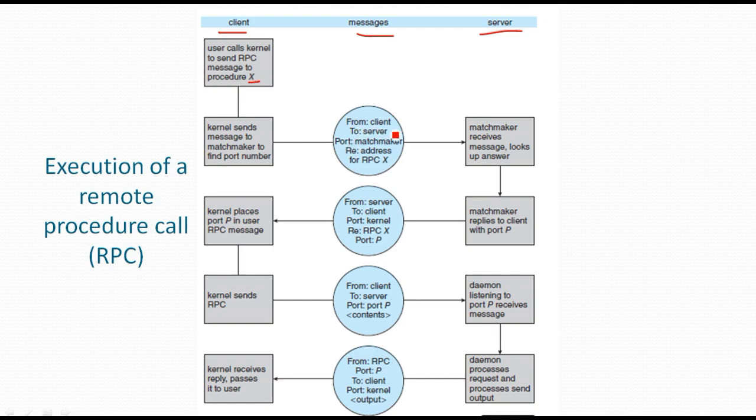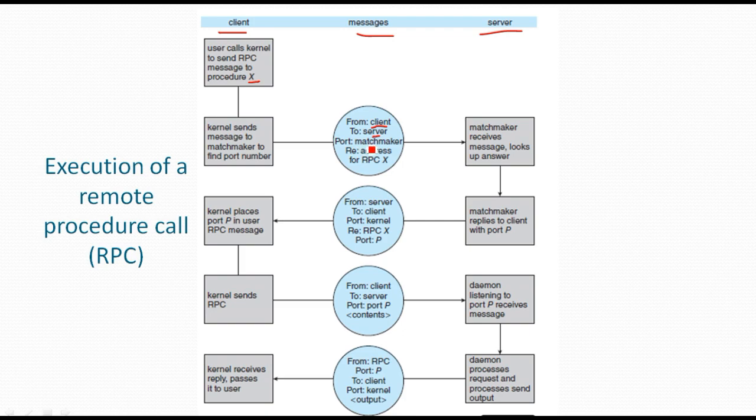Now the request is sent to the server by the kernel of the client computer. You can see from client to the server, the request is made, and the port is the matchmaker.